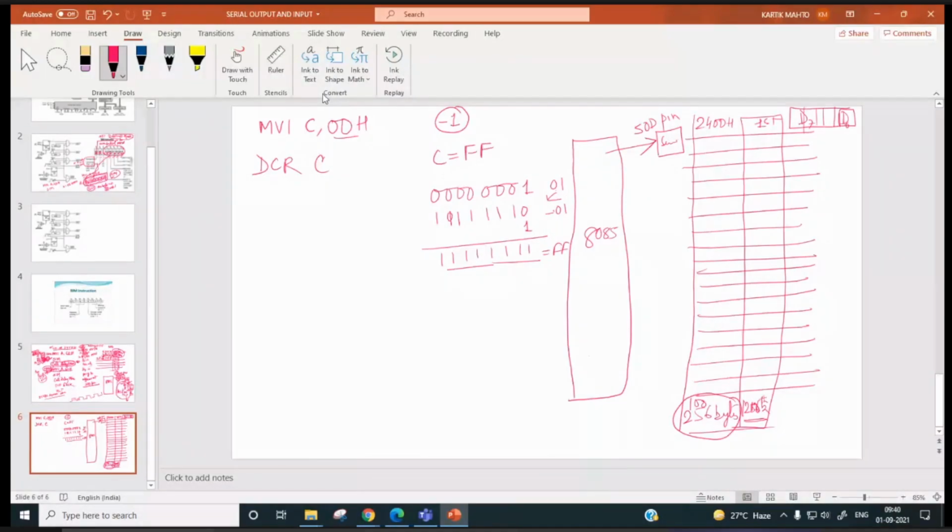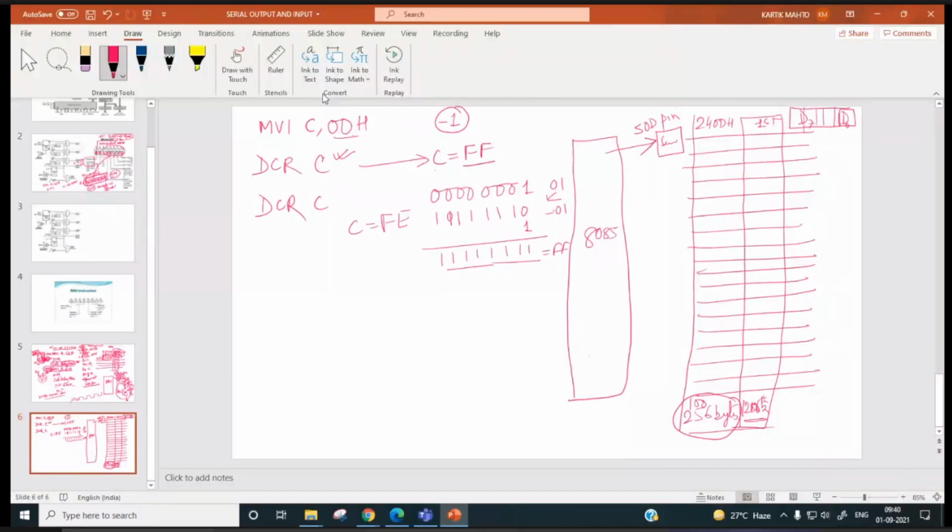Now if I do DCR C, what will be the C content then? FE. Is it not? C is FF now, earlier C was 00. If we do DCR C, C will become FF.